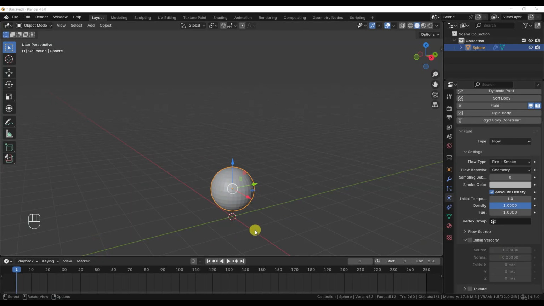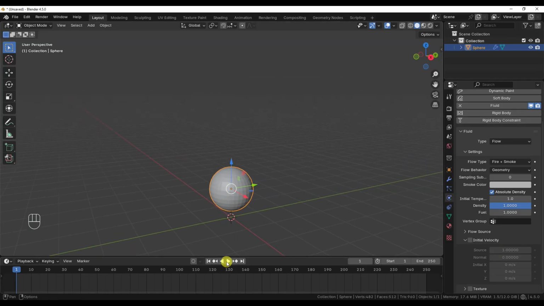If you're familiar with other types of physics simulations in Blender, such as cloth or collision, you might expect that at this point, it would be enough to go to the first frame of the timeline and press the play button to start the fire and smoke simulation. However, doing this produces no result. So let's go back to the first frame of the timeline and introduce the second fundamental actor required for a fluid simulation, the domain.